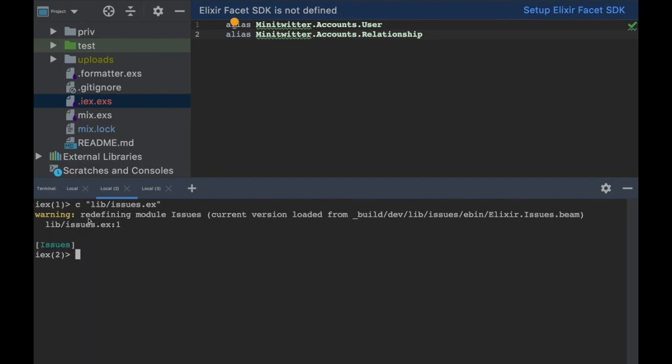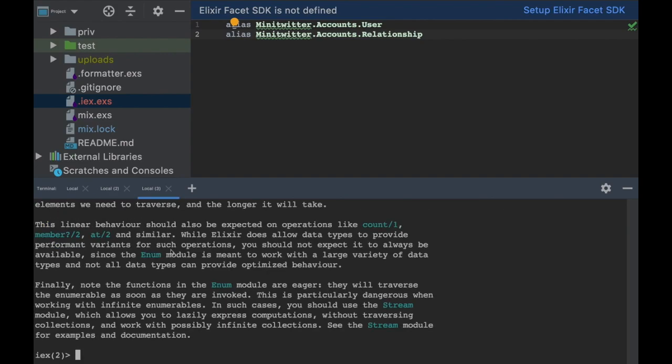and it actually loaded the particular module. I see the warning because I'm already in the shell for this particular project, so it's already loaded. But you can see that it is actually reloading and compiling it. But if you want to launch a script this way,